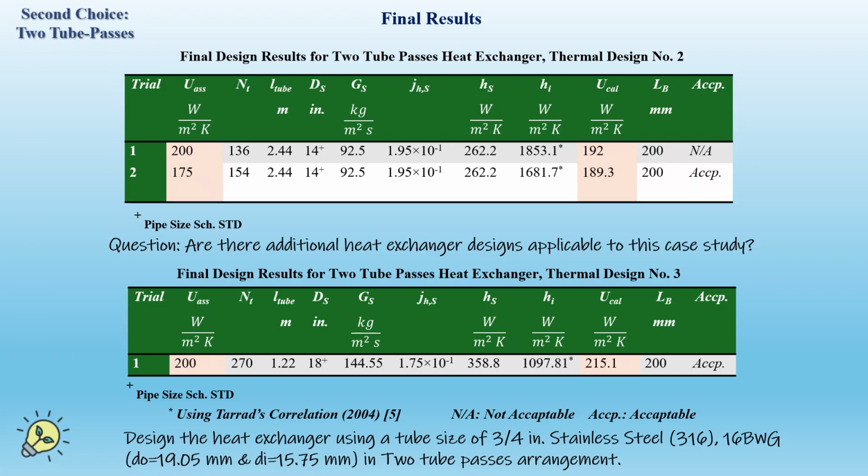And if you need any help, please ask through the site on YouTube. And I think we have arrived at a proper design for this heat exchanger. 1.22 is quite a good design for two tube passes. Number of tubes 270,